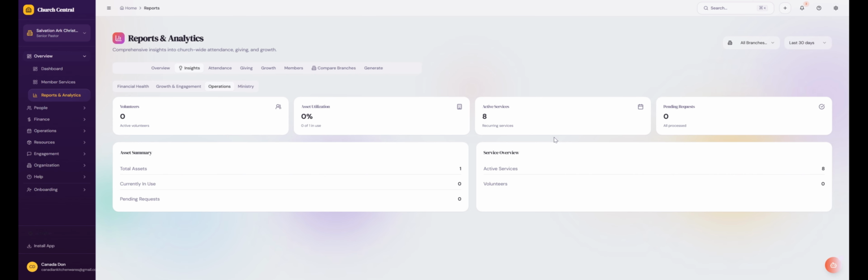So everything that has to do with operations, the services, how the requests of the members are being treated, whether they are being responded to or closed or not, whether people are assigned to follow up are doing the follow-up, whether people that are assigned to do the trainings are actually doing it. So there's a lot of insight that this page gives you in respect to the actual